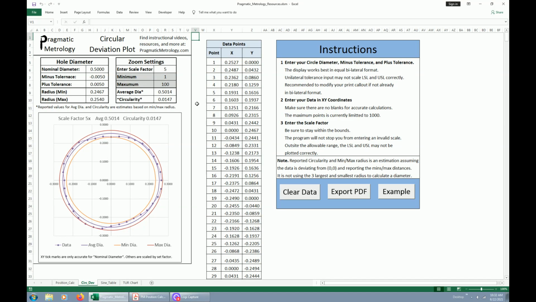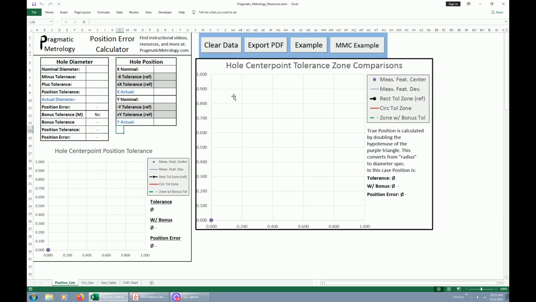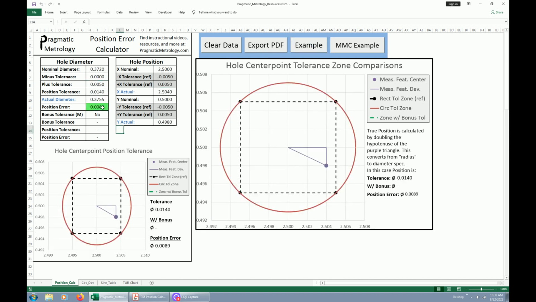So I wanted to show off this circular deviation plot that I developed in Excel. But before that, I've also talked about my position calculator, which will calculate true position of a hole based on its tolerance and its location relative to the datums. And it'll give you a nice little visual of exactly where the center point is in relation to the tolerance